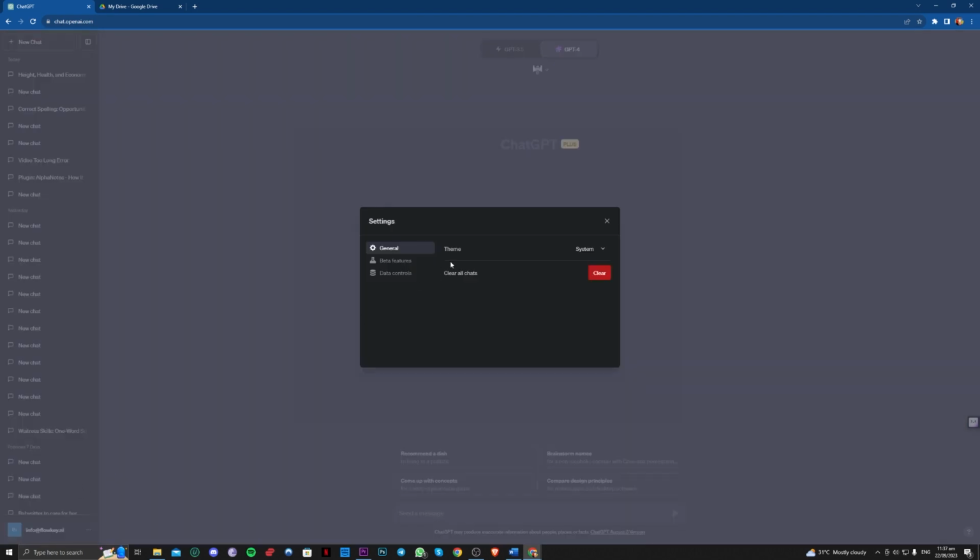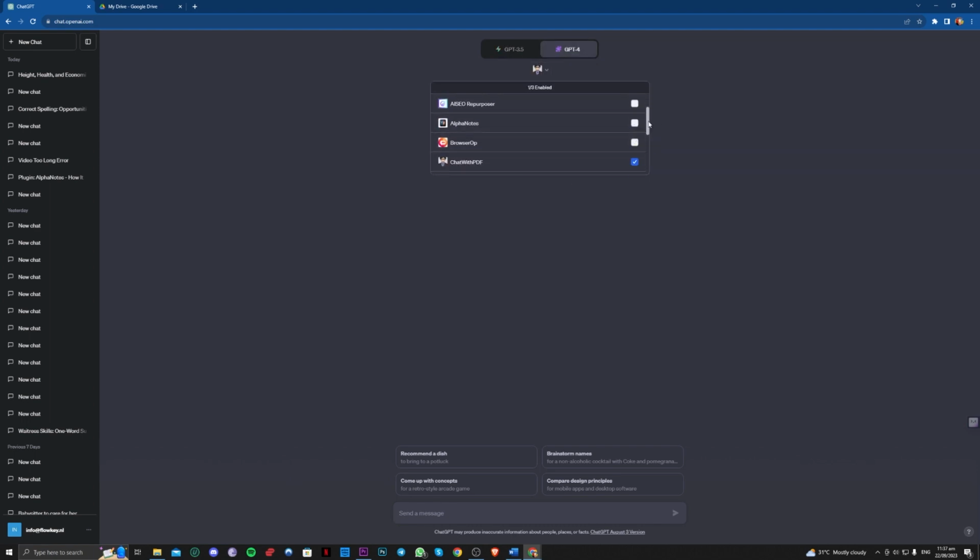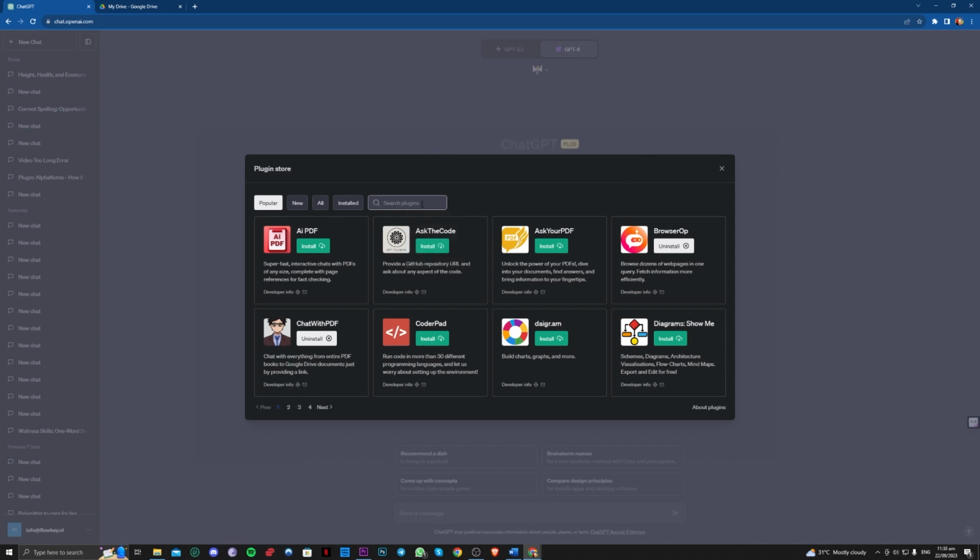So on settings and beta, make sure that you have plugins enabled. On GPT-4, go over to plugins here, make sure it is selected, not GPT 3.5, plugins beta, and go ahead and go over to plugin store and just use here. Make sure you install here